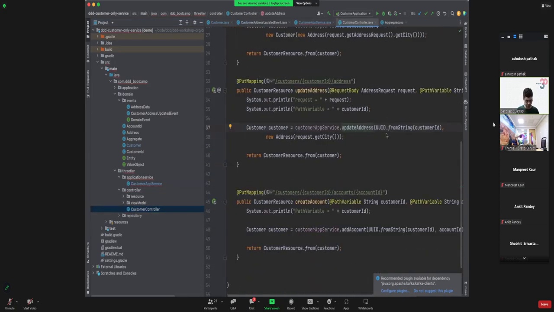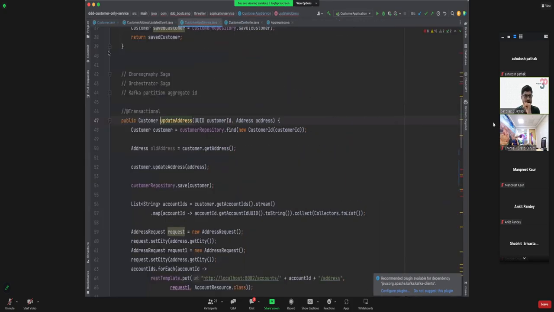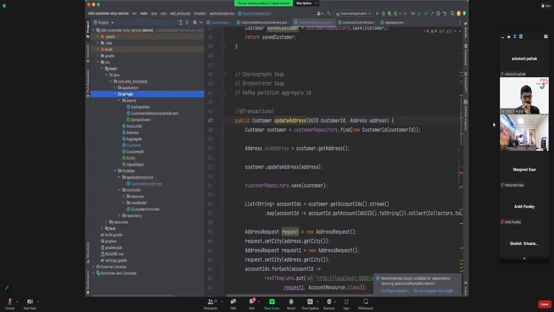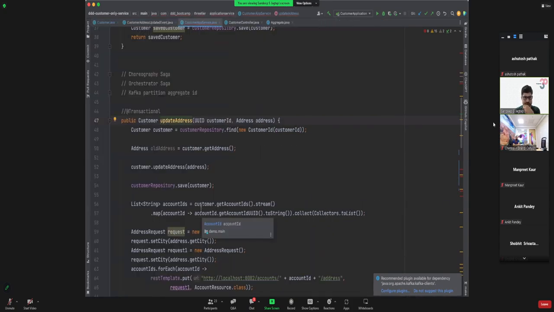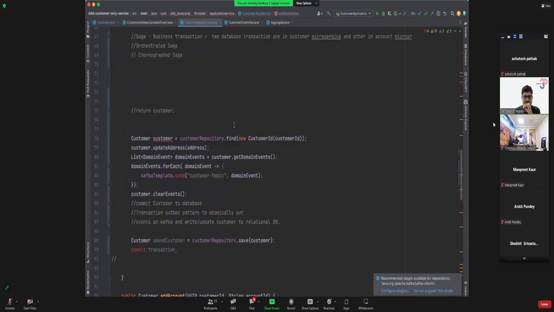We're saying, okay, go ahead and update to the new address. Now we are inside the application service, which is here outside the domain package. And what that app service is going to do is this code basically. It's going to find a customer domain object by making a call to the repository.